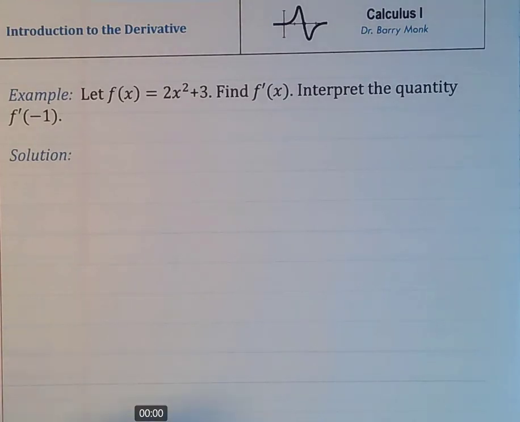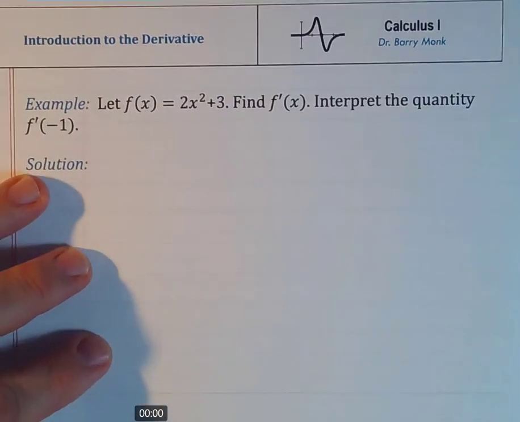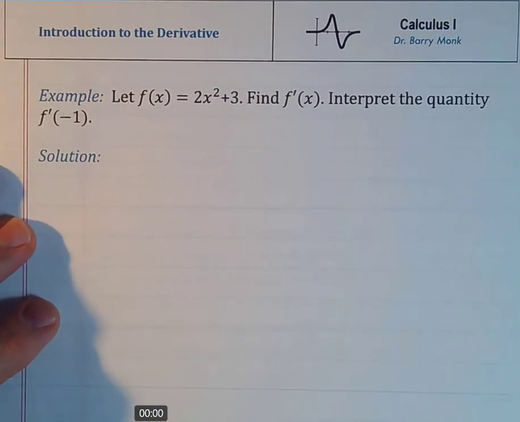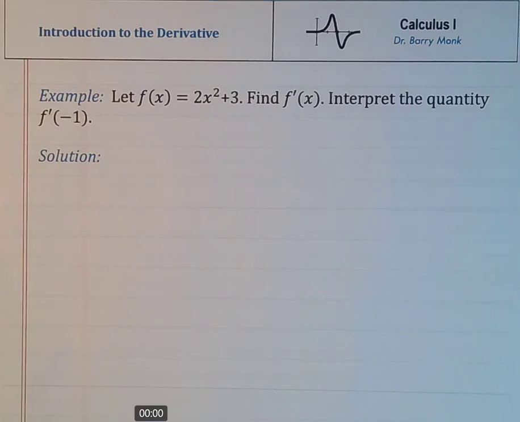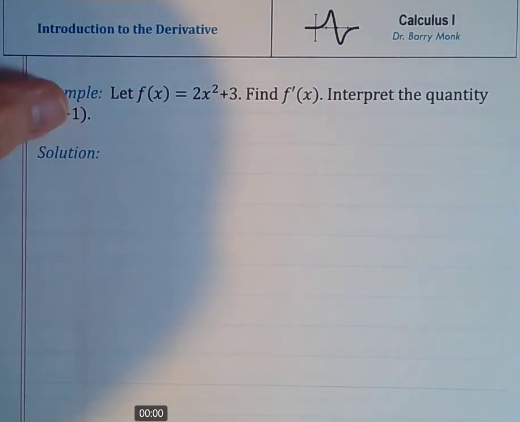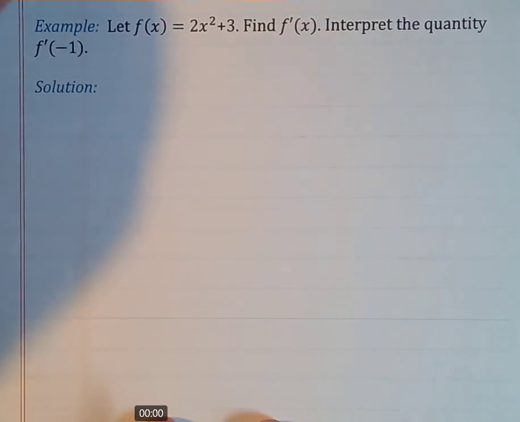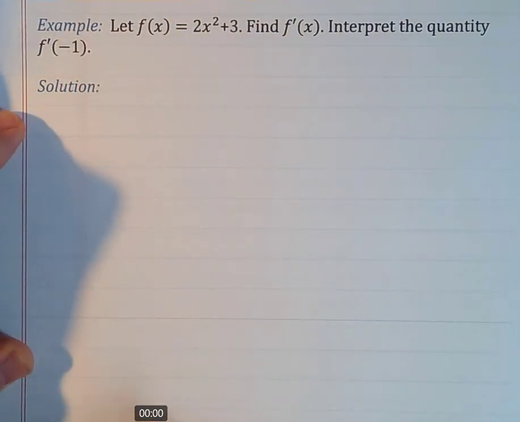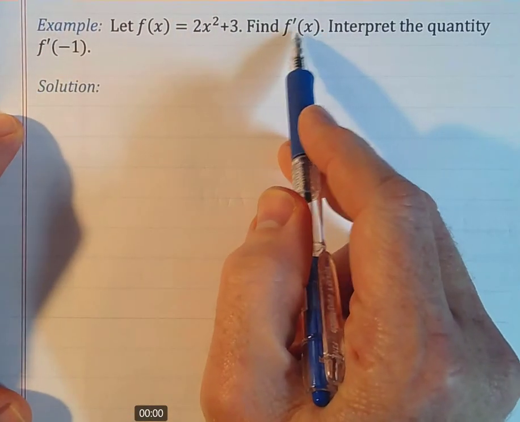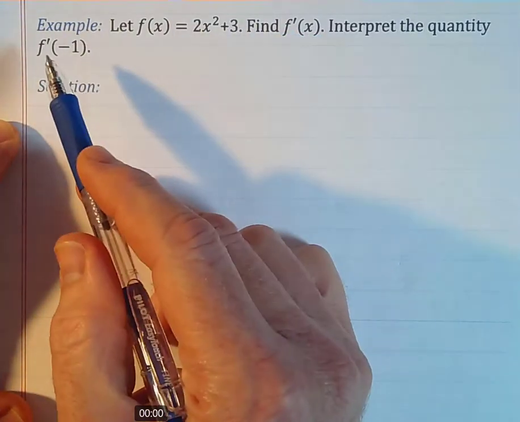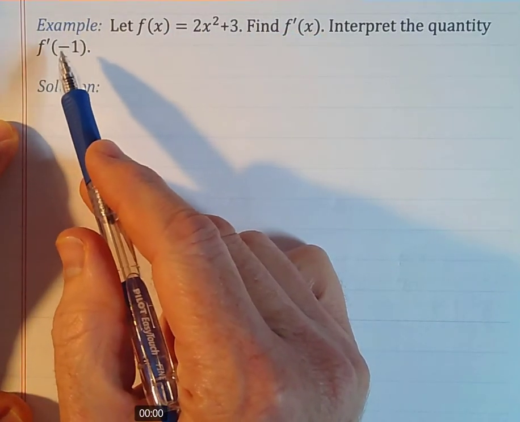And you know, it's going to be a little bit messy. There's going to be some algebra involved, but this isn't the way we're really going to do derivatives. This is so you can kind of see how all this stuff works here. All right, so we've got a function here. We've got f of x equals 2x squared plus 3. We want to find the derivative, f prime of x, and we want to interpret the quantity f prime of